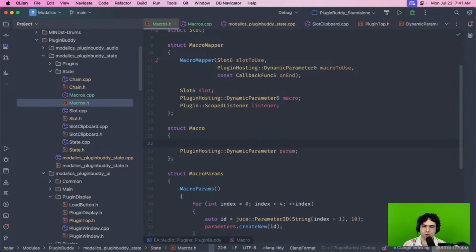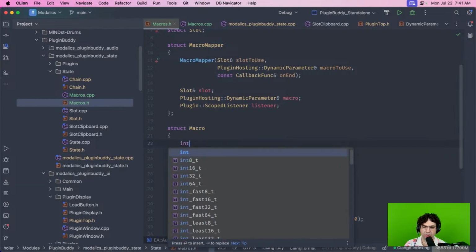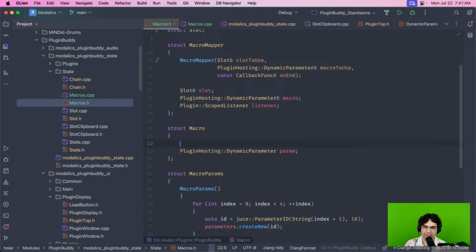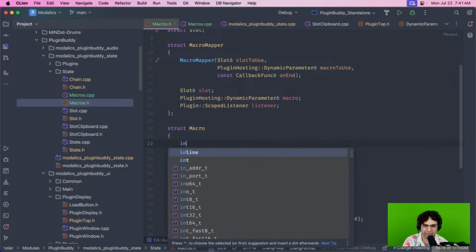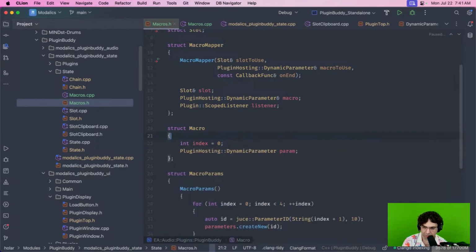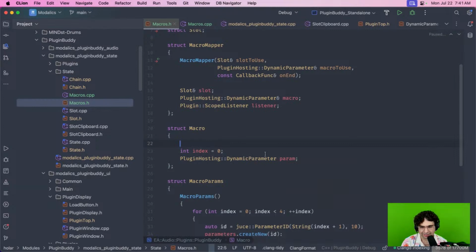Yeah, and then you would also need something like information about this, and I think all this information right now is actually just an index, because the slot is already mapped, so I don't need to know which processor it is. For now it's per slot, so that's simplified. In the future I might need to add another indirection of the slot index. So for now I just need something like int index. That's all it needs. And then when I set this macro,